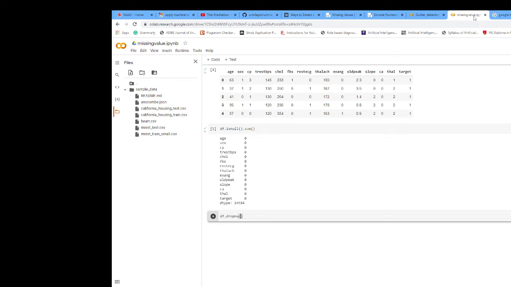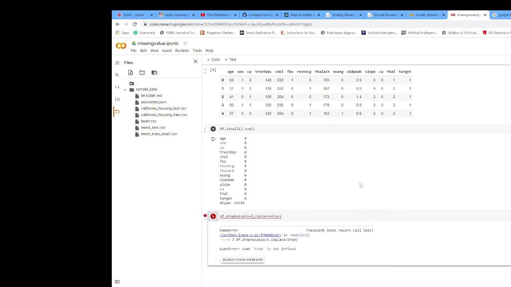Dropna, axis is equal to 0, inplace is equal to True. Execute this.